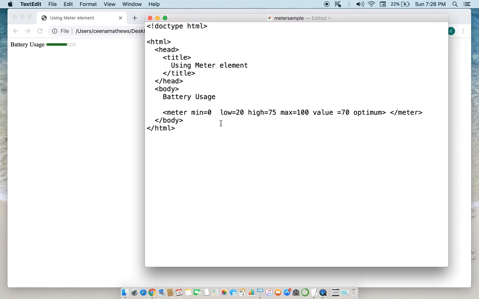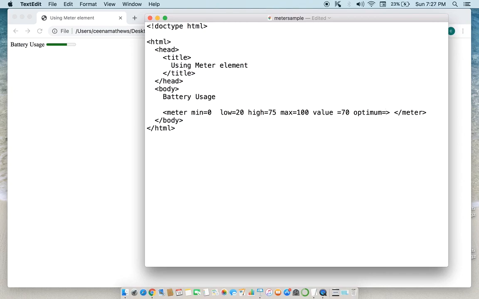Lower range means the optimum value is considered lower if it is given between 0 and 20, and the optimum's preferred zone is higher if its value falls within 75 and 100. So first I am going to set the optimum as higher range, that means it should be within 75 and 100.